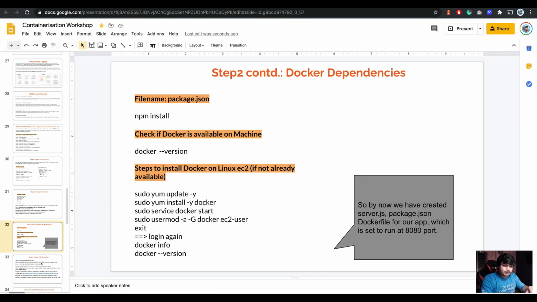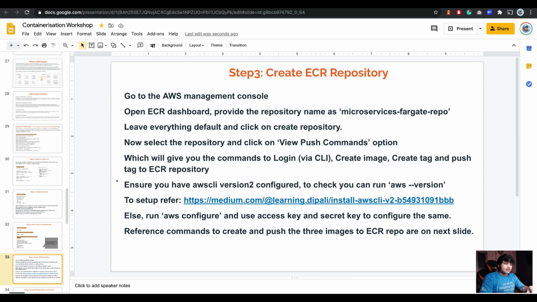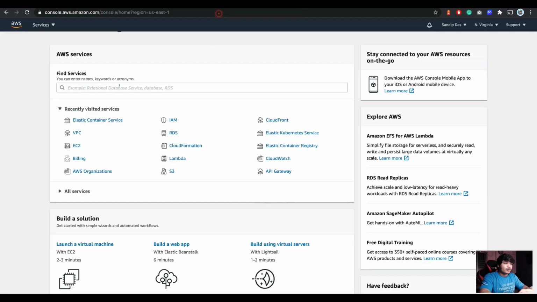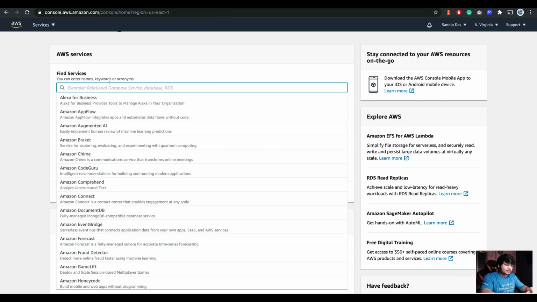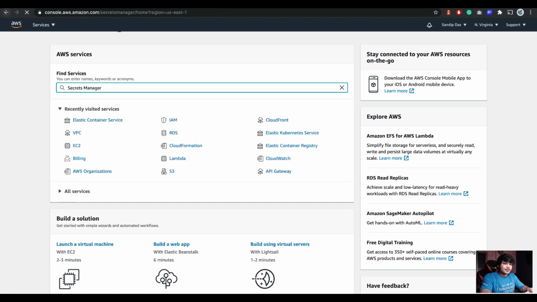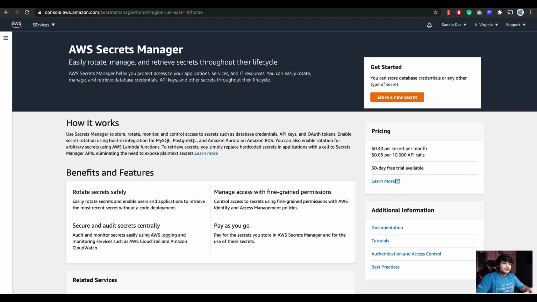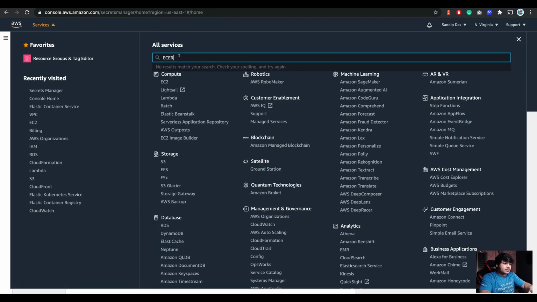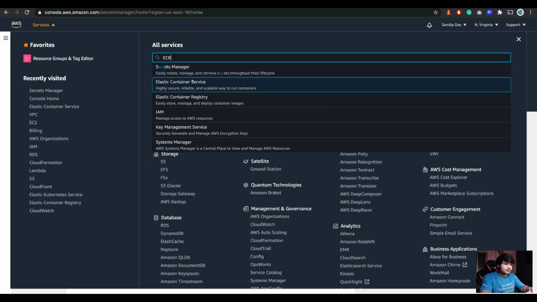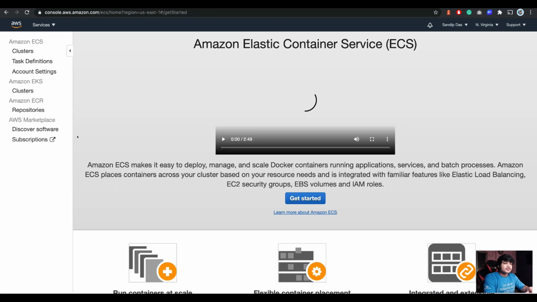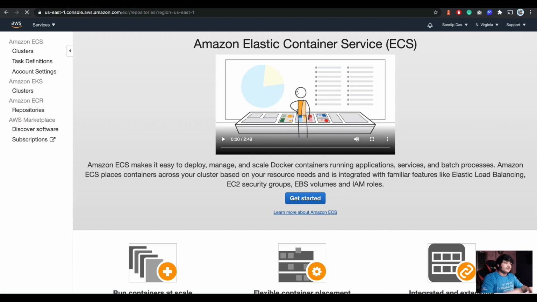Okay. Now the next step is to create an ECR repository, and we'll do that. Let's go to ECR. Sorry, not Secret Manager. Give it some time. So let's go for ECR, Elastic Container Registry, and we'll create an ECR repository.